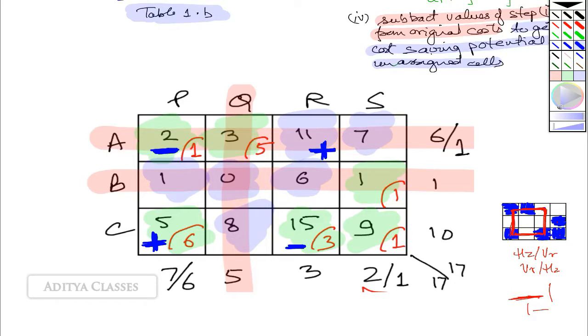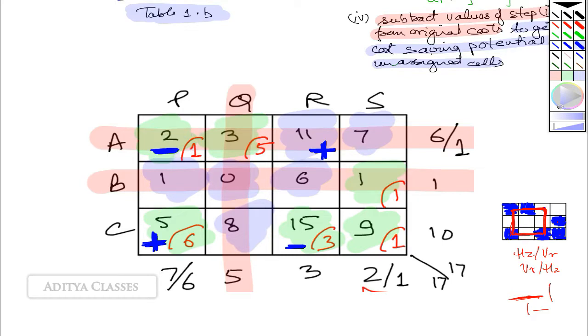And what can I add and subtract? See, as far as adding something is concerned, no issues. Suppose you wish to give me 10 rupees, give me 10 rupees. You wish to give me 100 rupees, give me 100 rupees. You wish to give me 10,000 rupees, you give me 10,000 rupees and I'll keep them. As far as adding is concerned, it is not much of a problem. Problem is subtracting. You cannot take 10,000 rupees from me if I do not have. You can only take the amount of money I have. So adding is not at all an issue. Problem will be with subtracting.